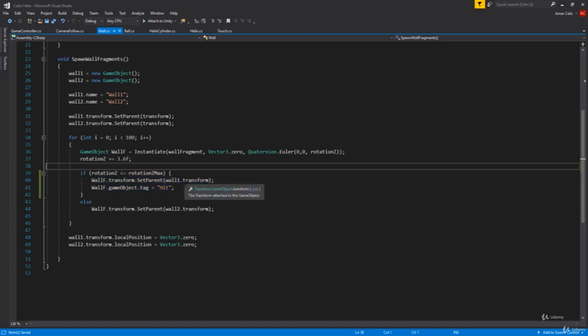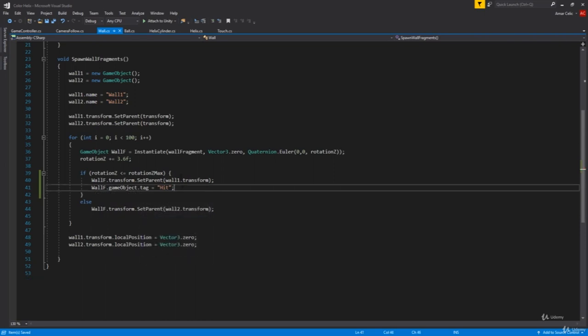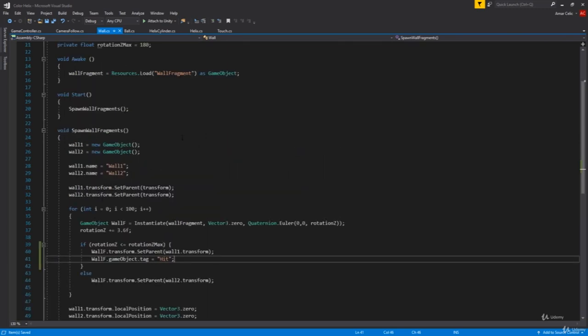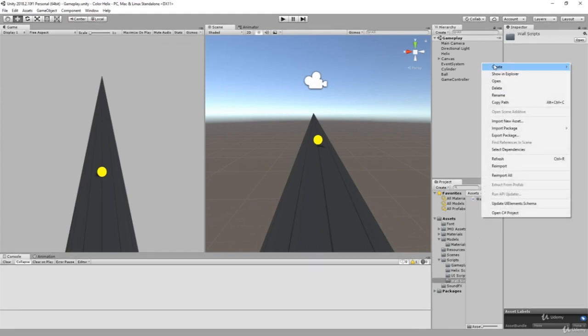How we're going to move on? Well, basically we could say that our wallF.gameObject.GetComponent, get mesh renderer, and so on. But that will actually not work for this game. For this particular thing it will work, but later on when we add changing colors, that will not come to our use. So because of that, we're going to scripts, wall scripts, and we're going to create a new C#